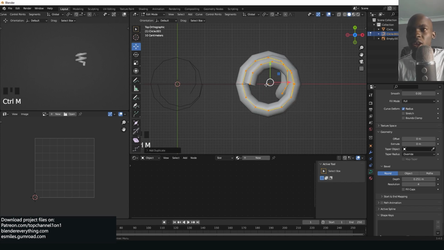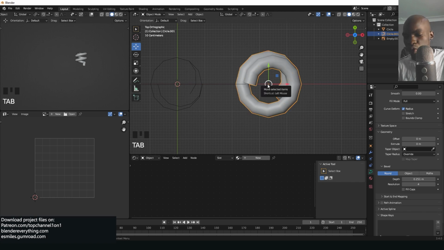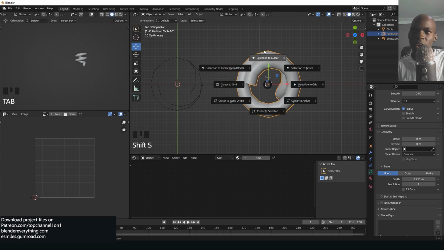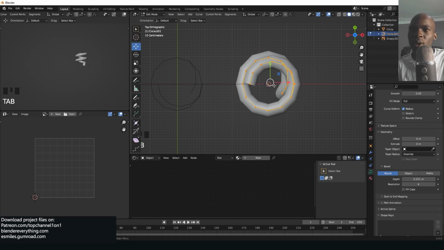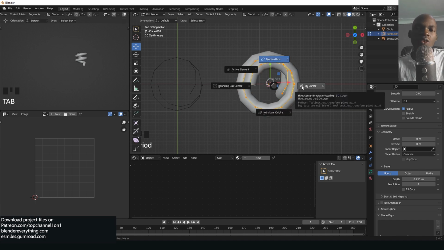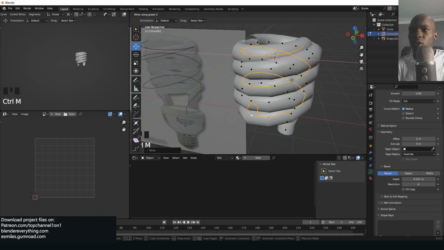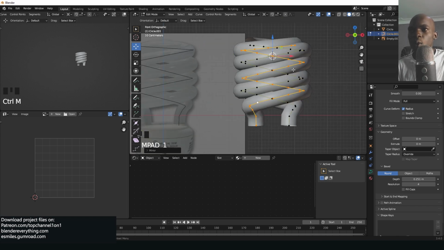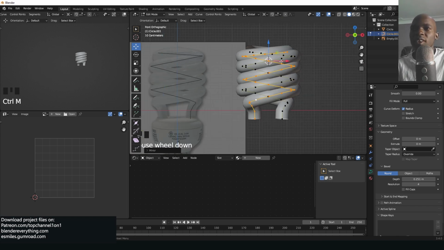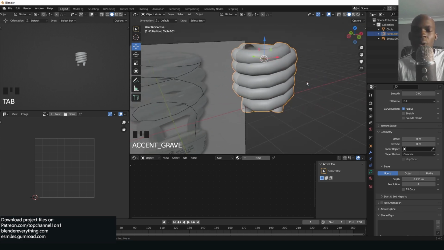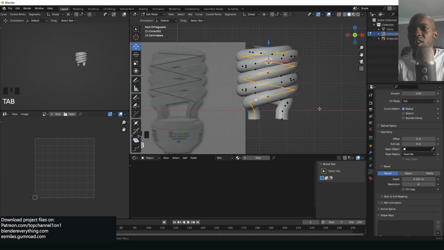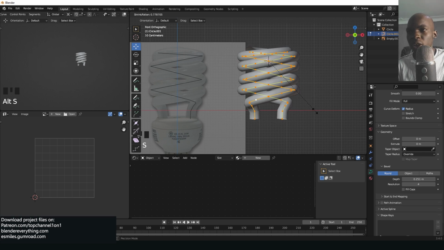We want this to be mirrored in the center, so I'm just going to use Shift S so that I can change my cursor to the pivot point, and now I can use the period key this time, use the cursor as the pivot point. We want to mirror this on the Y and also mirror it on the X, so that the circles are basically alternating in direction, and I can just use Alt S to basically shrink the depth directly here. So Alt S, so something like this,